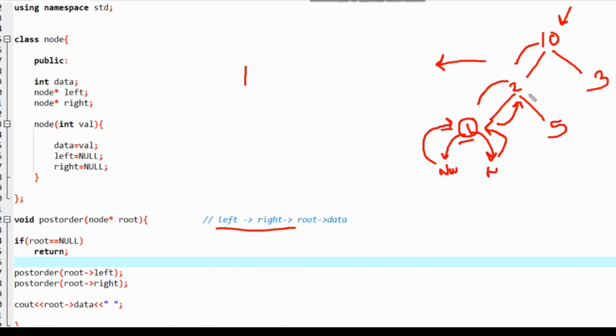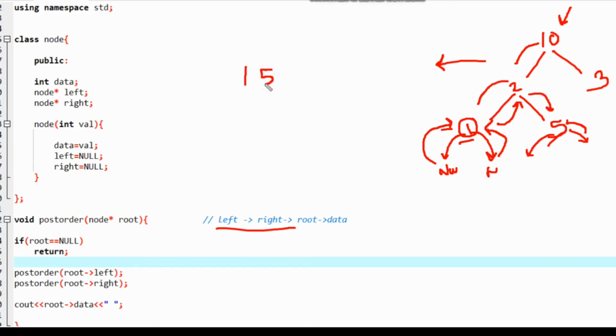Now again we'll be moving to right, then from this we'll be moving to left, which is null. So we'll be moving to right, again null, therefore we'll be returning back to the caller of the null value, that is node having value 5. So we are going to print 5.